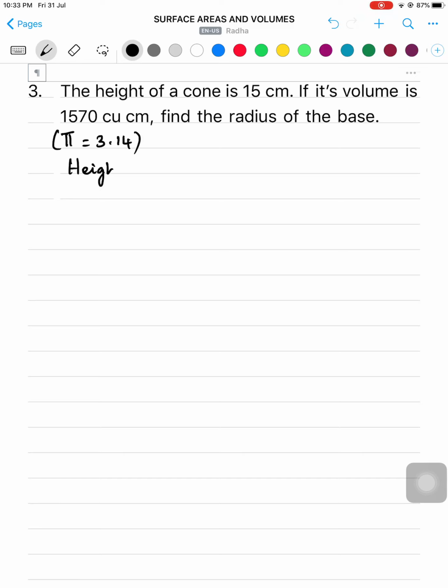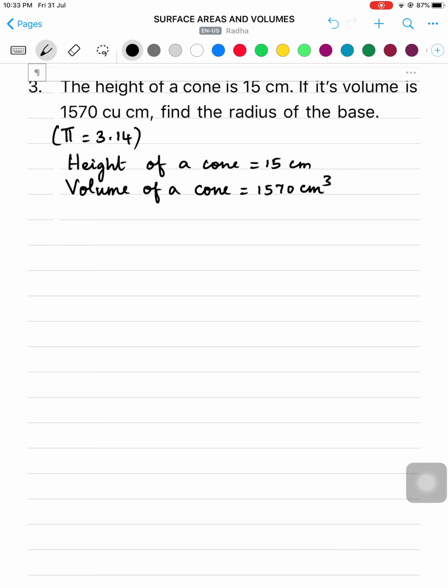So what is given? Height of the cone is given as 15 centimeter and volume of the cone is given as 1570 centimeter cube. Cubic centimeter is nothing but centimeter cube. Now what is the volume of the cone? 1 by 3 pi r squared h, that is given as 1570 centimeter cube. So it is 1 by 3 into pi value is given as 3.14. We have to find the radius. So r squared into what is h? 15 is equal to